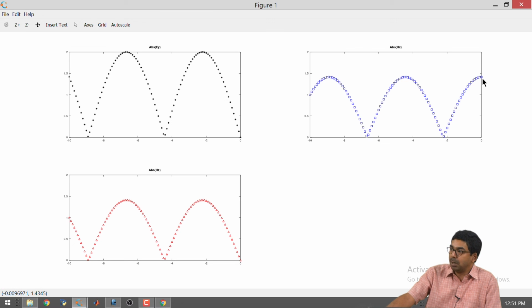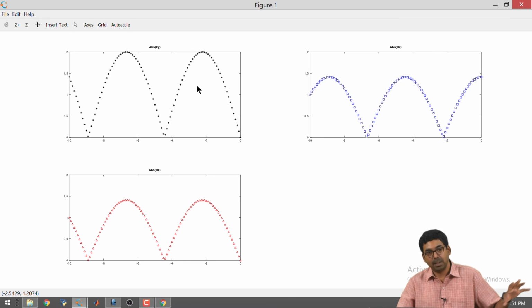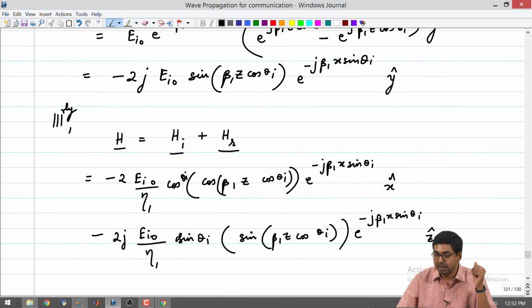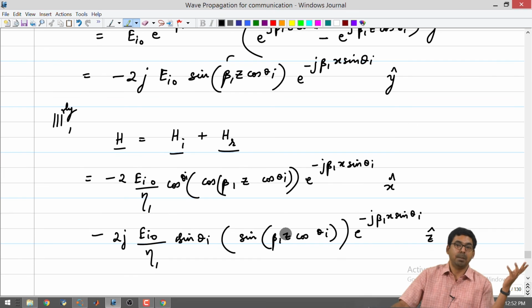We need to talk about what kind of surface currents will exist on the surface of the conductor. So, the summary is that in the case of a dielectric conductor interface, in the dielectric medium you will be having standing wave patterns with respect to z, and with respect to x it is a travelling wave. If you have a look at all the expressions that we have with respect to x, it is a travelling wave. With respect to z, you just have a standing wave, because at fixed values of z, you have fixed values, whether it is a maximum, minimum, etc. But with respect to x, it is a travelling wave.